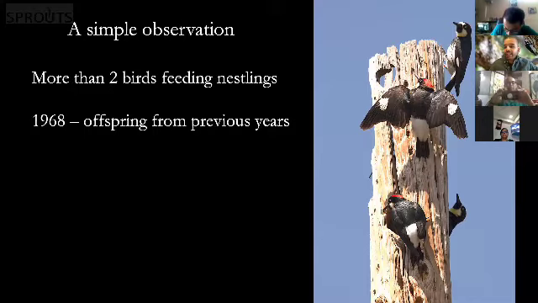In 1968, at the place where we study acorn woodpeckers now, Hastings Reservation, a person named McRoberts did a study and realized that these extra birds taking care of the nestlings are in fact offspring from the previous generation. So they are actually the older brothers and sisters taking care of their siblings. This was another cool finding, and this is what led to the 50-year-long study of cooperative breeding in this bird. So let's log off and come back on, and I'll tell you more about what we've done in the last 50 years.